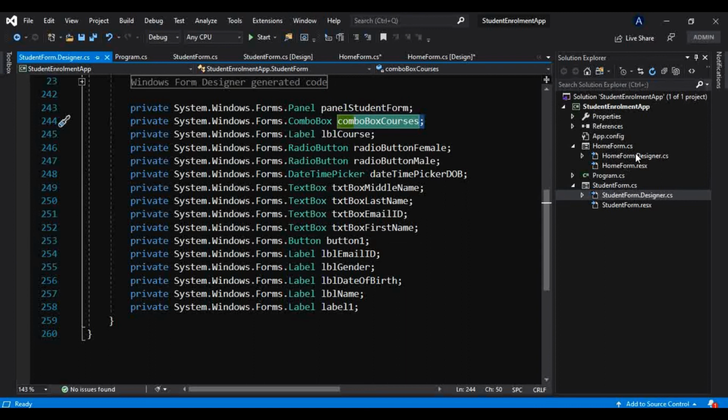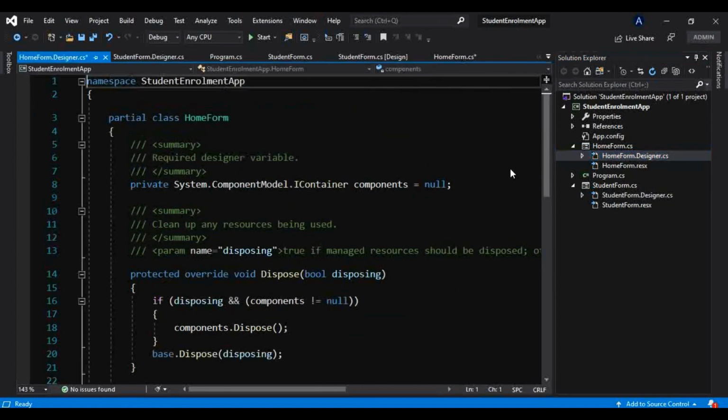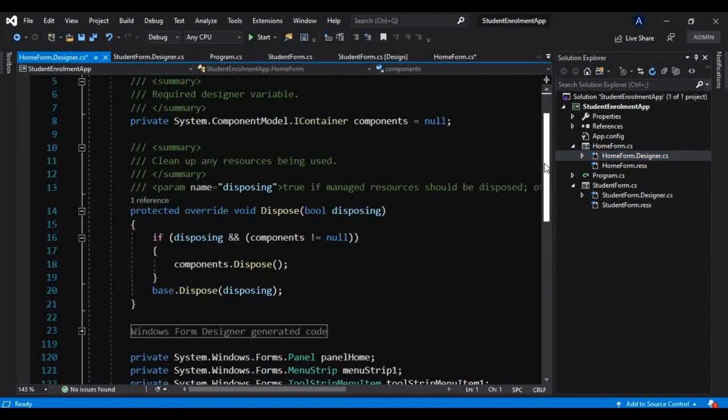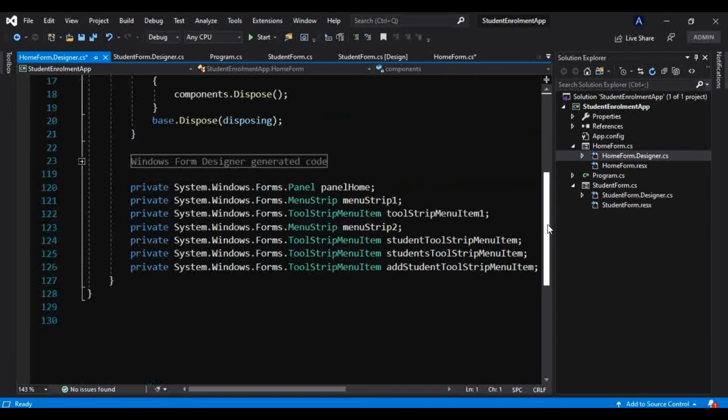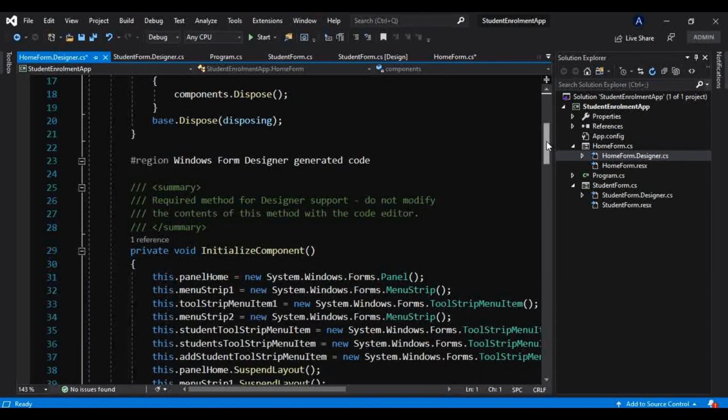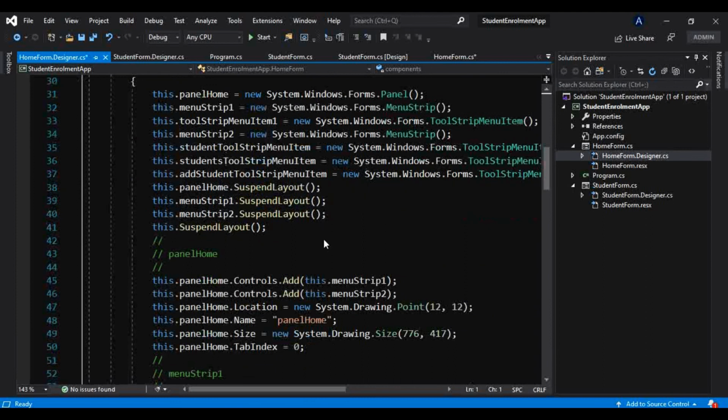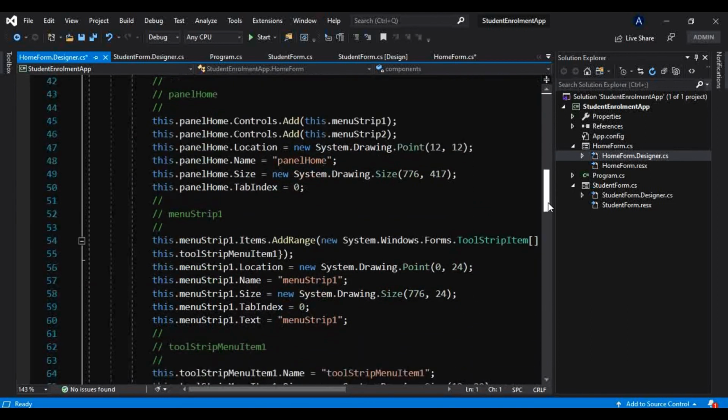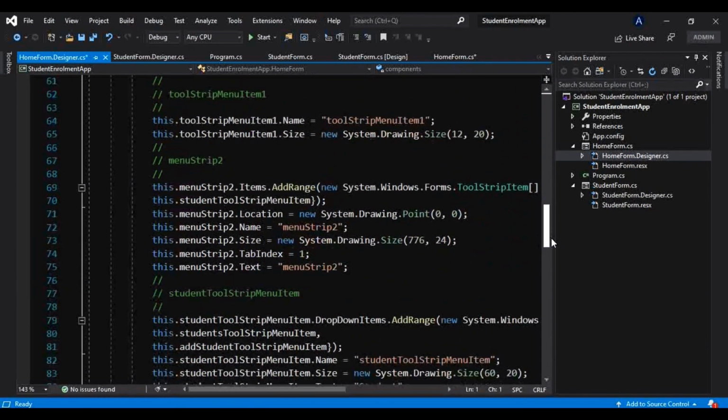And similarly for the home form designer, the event we have just added, that click event, it should have been added here, in this Windows form designer generated code. So if I click on that plus, in that you will see the event we have just added, that is the click event.